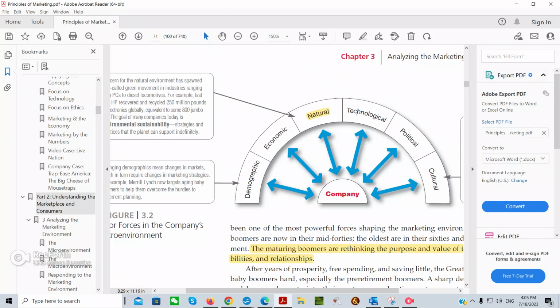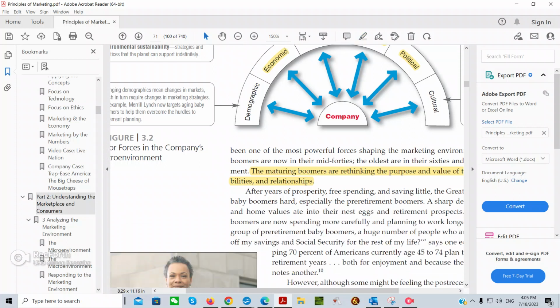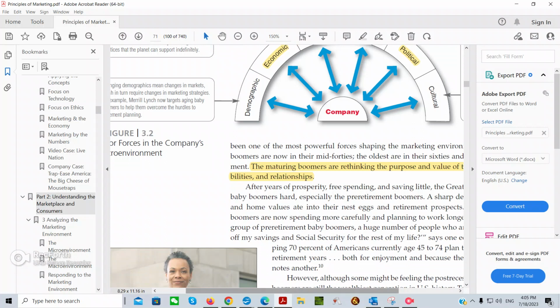These are ways in which we can conduct business, such as we can do in person, or we can do over the internet. Political, politics changes every few years anyway. We have culture. Culture, every generation is different. Okay. We have economics, because sometimes the economy is good or sometimes it's bad. Demographic, every generation is different.